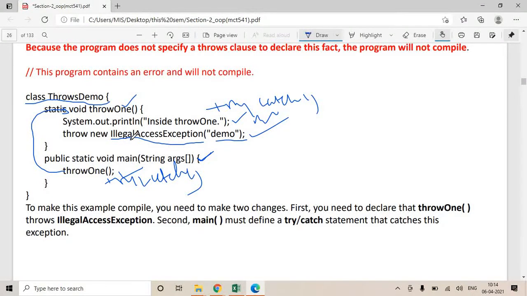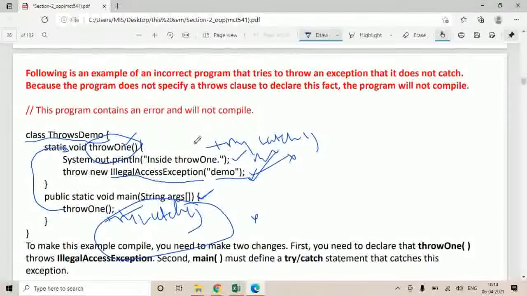If you write try catch over here, no issues. If you throw an exception and you handle it here, no issues. At least you are handling it. But you are throwing an exception and you are neither handling it here nor here.